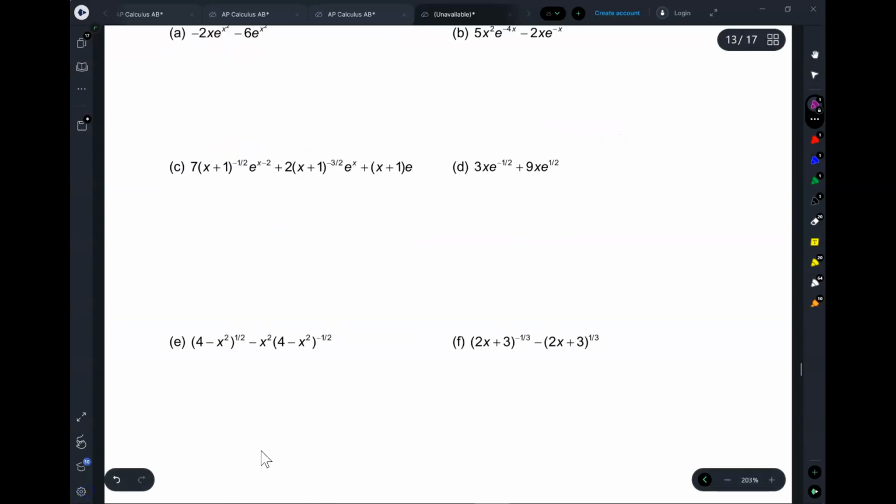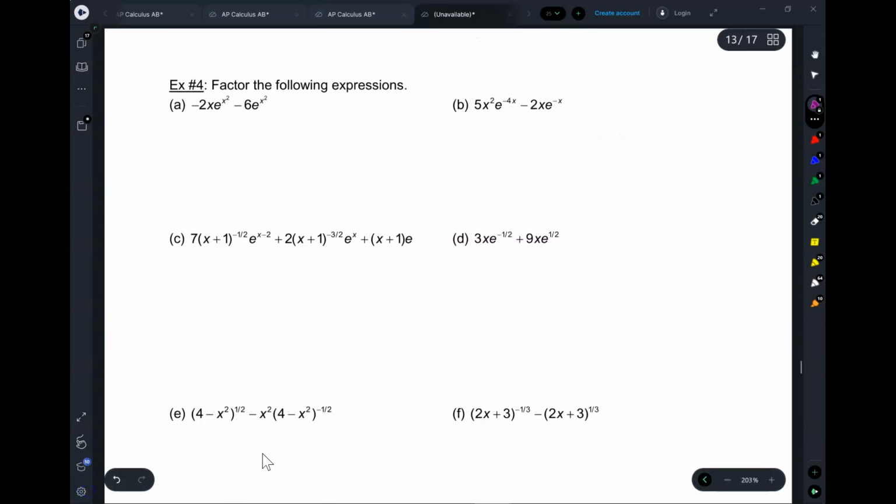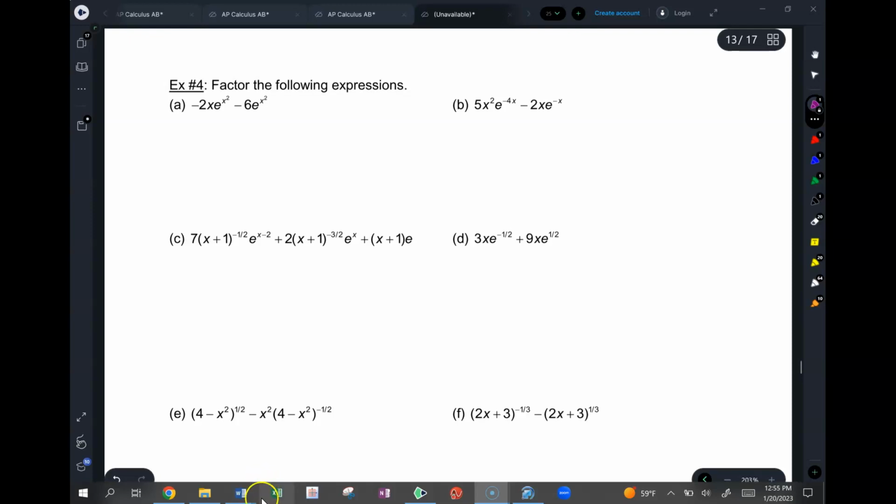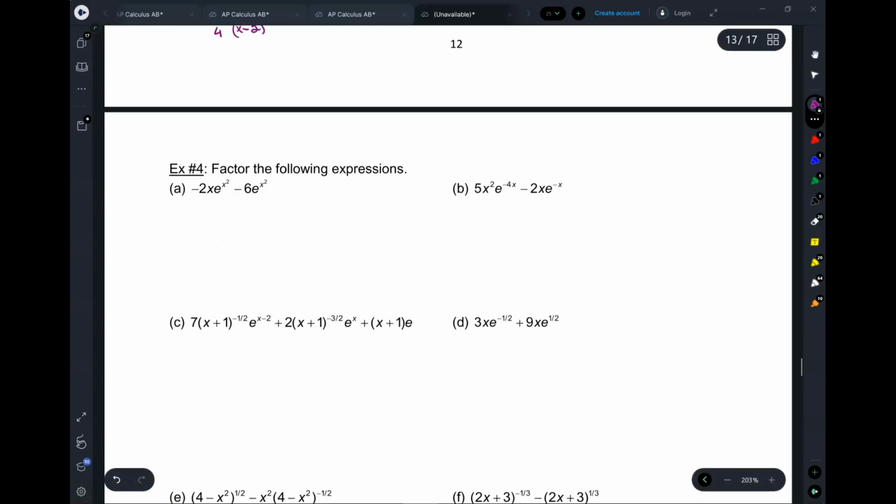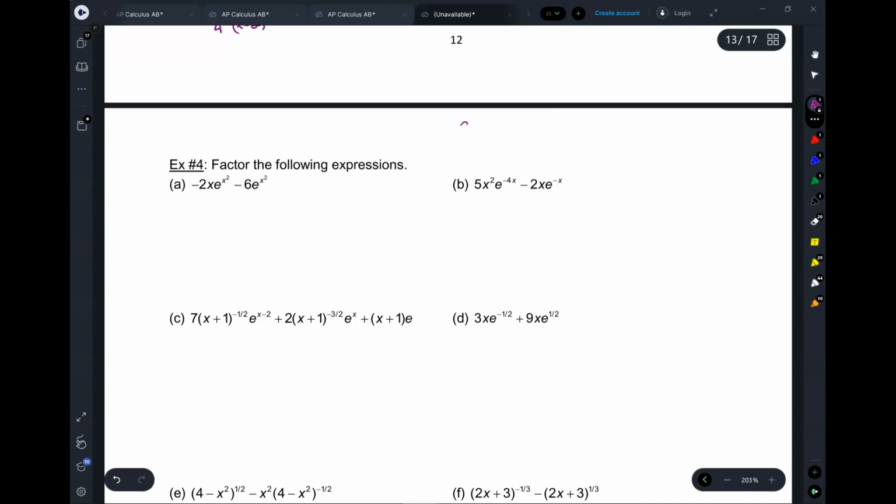So here what we're going to do is more factoring, okay? But it's stuff that, I don't know why they left these out. These are like the more fun ones, but it's okay. All right, so let's remind ourselves what factoring looks like. And I know you guys know this, but,